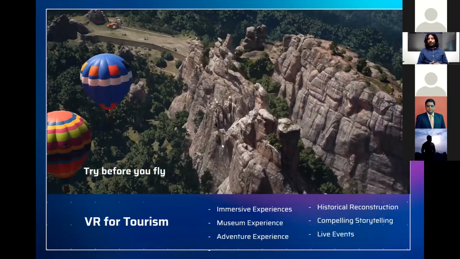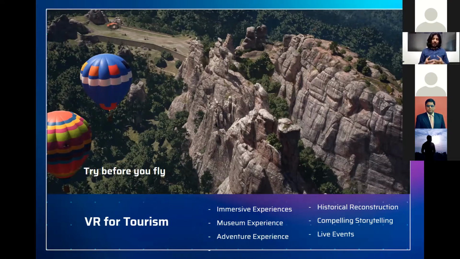I'll talk about tourism. Tourism also has great potential for VR, right? Most of the time when we travel, we want to go to a particular place. We do a lot of research about the place, and we hear feedback. We learn from people who have visited. But all these things are still just hearing; you're only understanding, but you're not really being there to see what is there, right? But VR can give you a quick look at what the area looks like, or whether this is something you would want to go to, or maybe whether it is suitable for you or not, right?